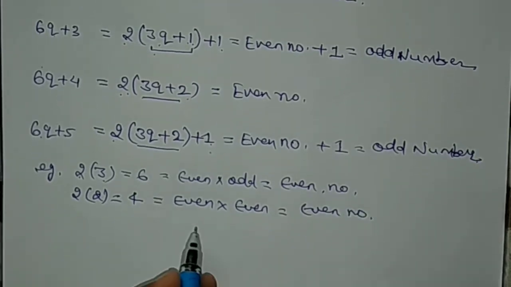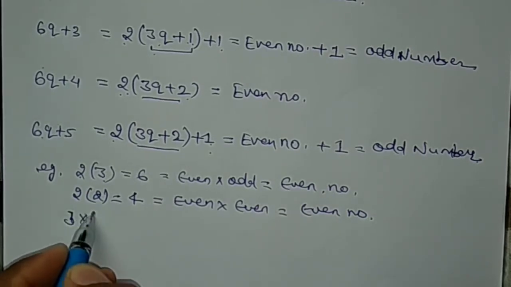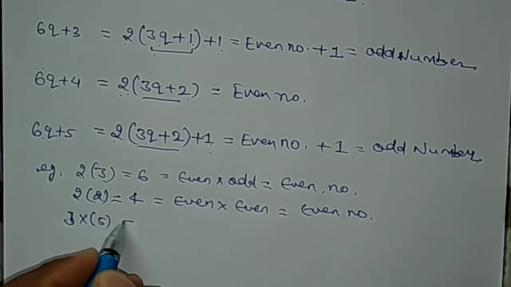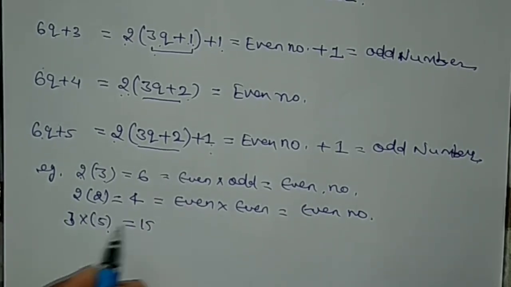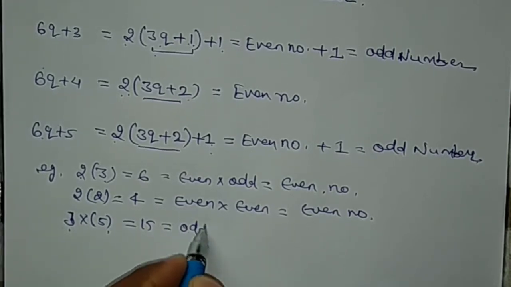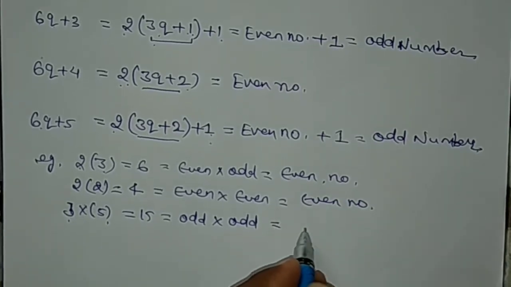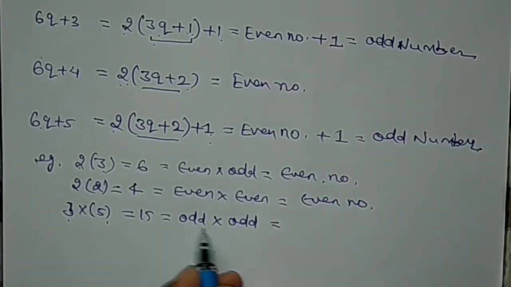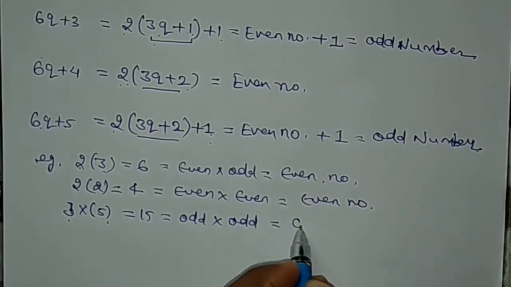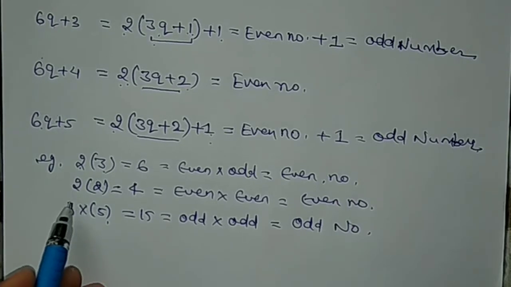Okay, but if I am taking odd numbers like this one, I am taking 3 into 5. So 3 into 5 is how much? 15. See, this is odd, this is odd, so multiple of odd is how much? Odd number into odd number is equal to how much? Even number. Sorry, odd into odd is how much? Odd number. Okay, so you have to remember this, and this approach